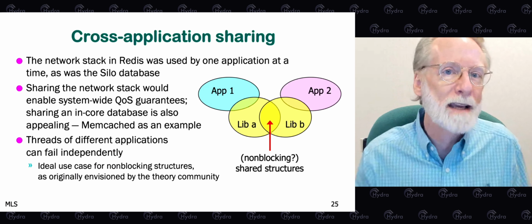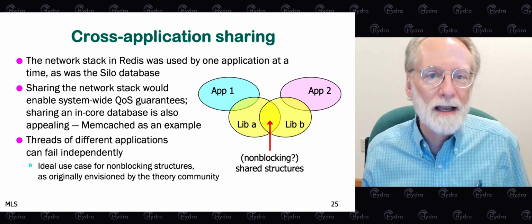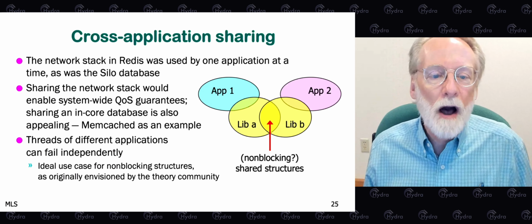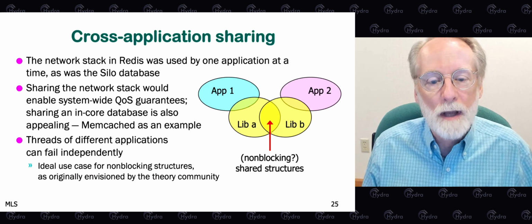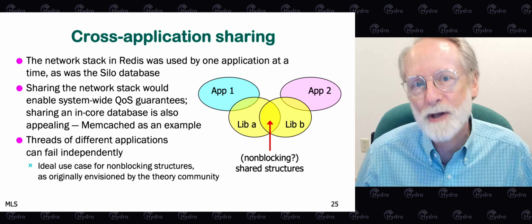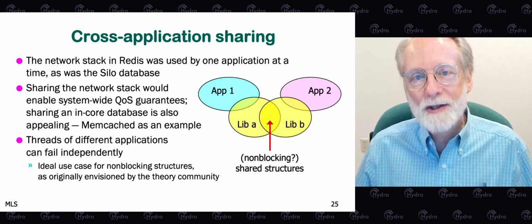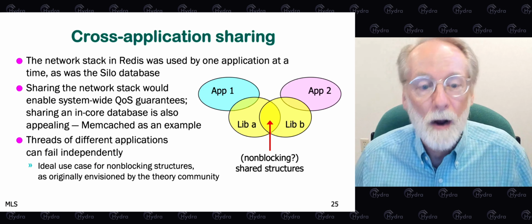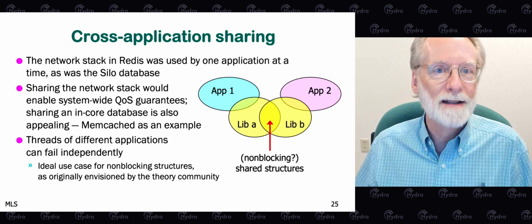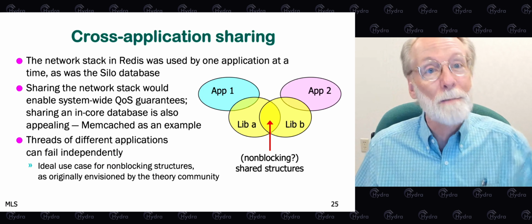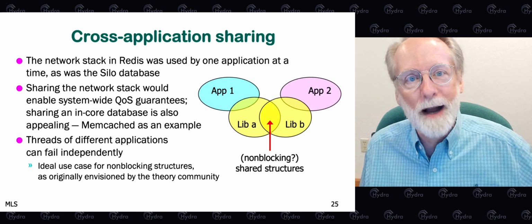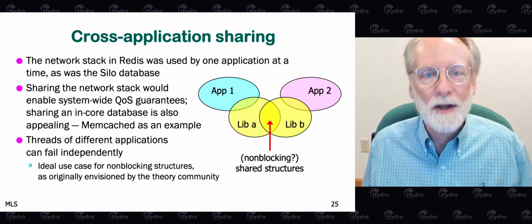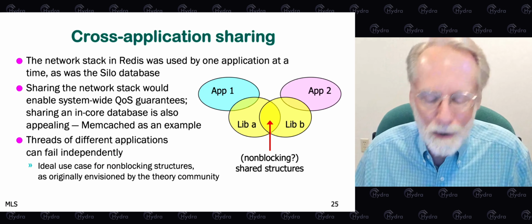Instead, all the uptake of non-blocking concurrent data structures has been because of concern about priority inversion and preemption. I don't want my thread not to be able to make progress because your thread's been preempted by the operating system. Or I don't want my signal handler to be unable to make progress because the main application was preempted by a signal and it holds a lock. With a non-blocking data structure, those concerns go away.